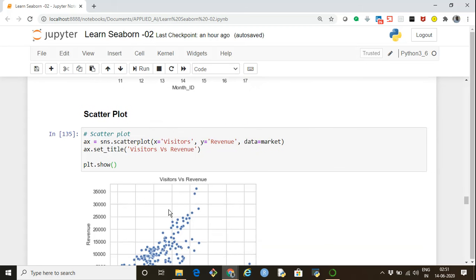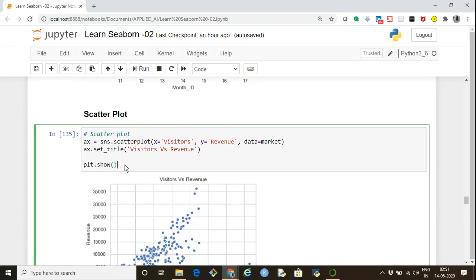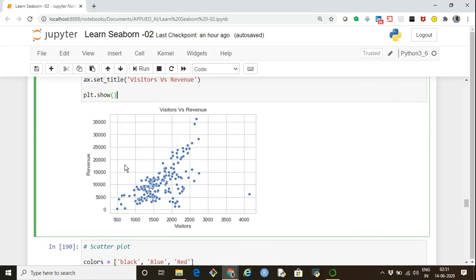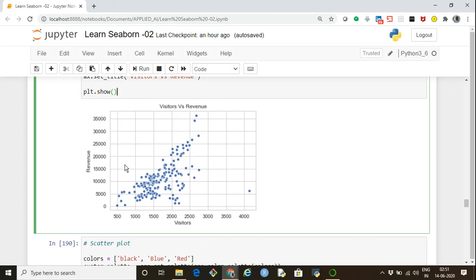Now next is the scatter plot, which is very helpful in finding out the relationship between two variables. So let's say I want to find out if there was any relationship between the number of visitors who visited and the revenue that was generated. Ideally, there should be, because the more the visitors, the more the revenue.